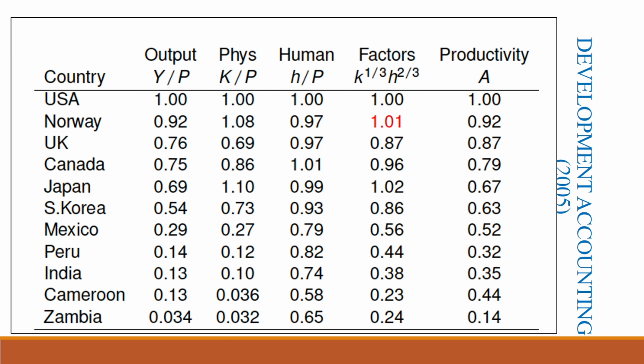Say for instance, the value of A, that is productivity, for US is 1, whereas the value of productivity for South Korea we see is 0.63. So, what it means is the productivity of South Korea is 63% of that of US. Okay, I hope it is clear now. So, similarly in that manner we can now compare. In most cases these numbers are all less than that of US, right, the productivity numbers.